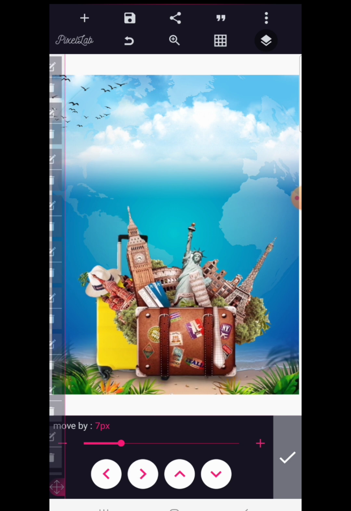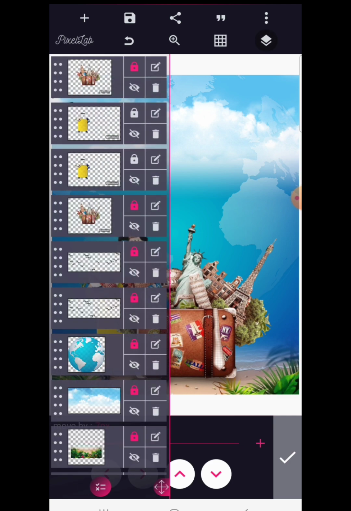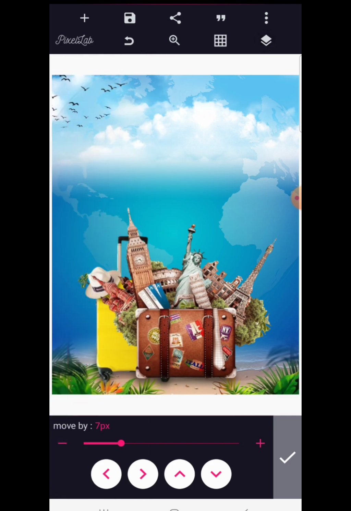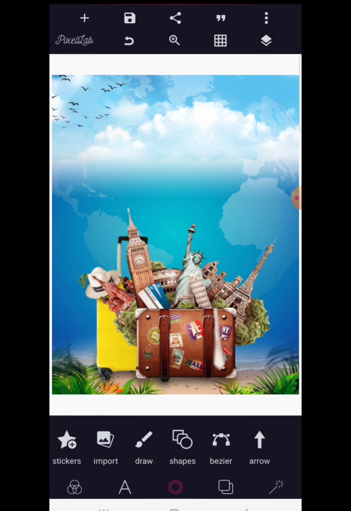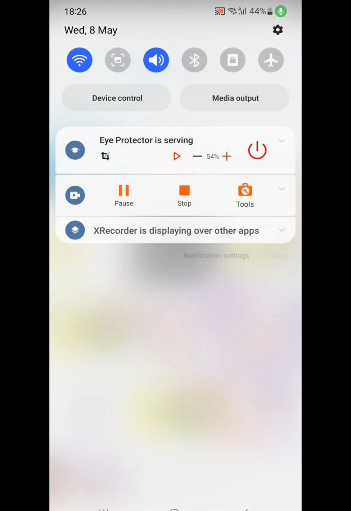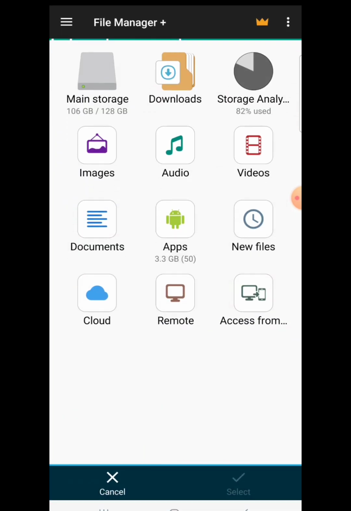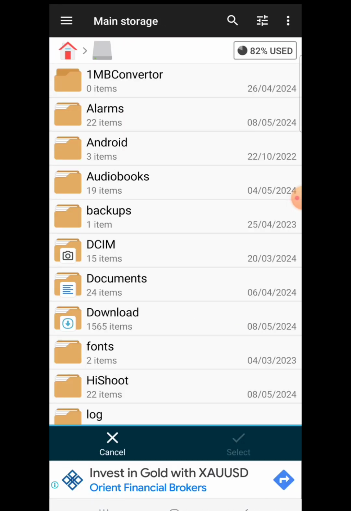Okay, make sure it's on the middle, align it well, and make sure that it's locked up now. Good. So after locking everything up, let's bring in a plane image, the image of a plane. I think this is all about traveling. So with me here, I'm going to bring in the image of a plane,